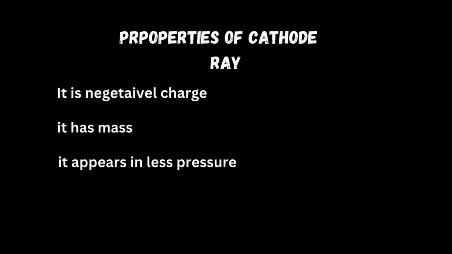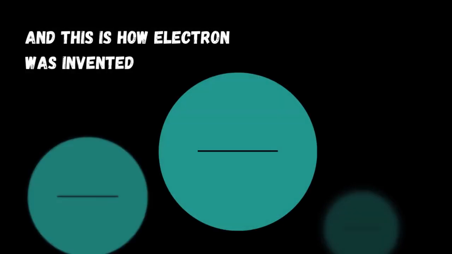Properties of cathode ray: it is negatively charged, it has mass, it appears in low pressure and high voltage. This is how the electron was